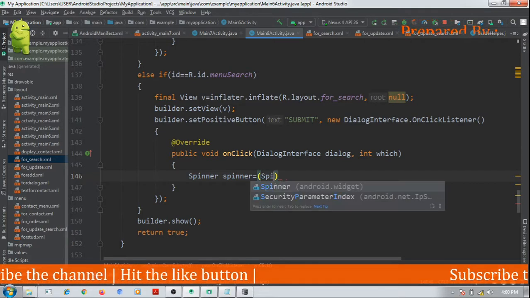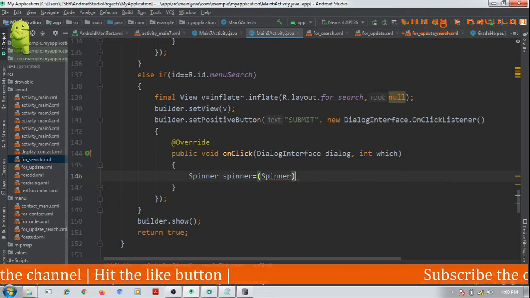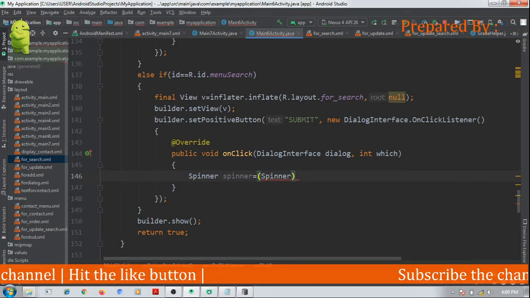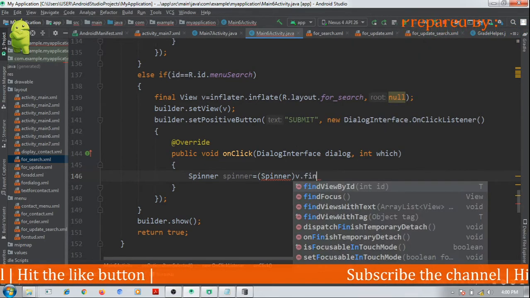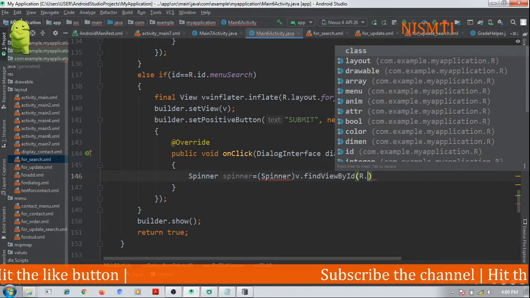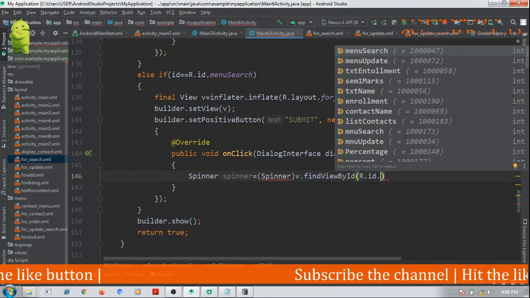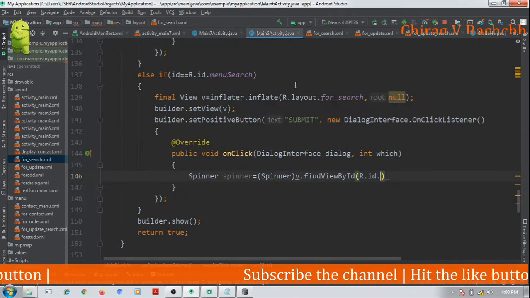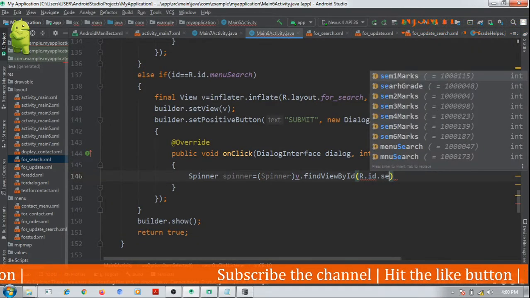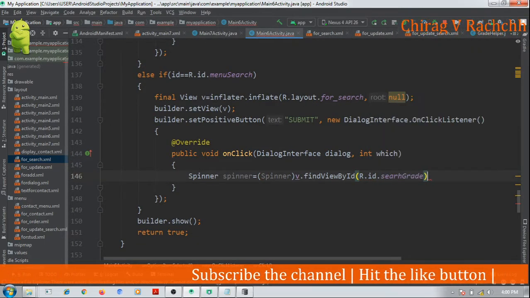How will we retrieve it? Spinner, then v.findViewById R.id. what was the id of the spinner? Search grade.